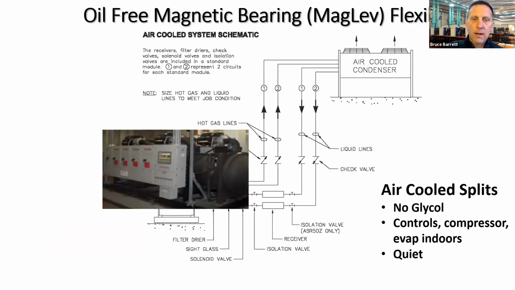Our controls, our compressors, our electrical is safe and sound inside. All those very critical components where it's much warmer than the Kansas City or Wisconsin winters. Refrigerant piping out to could be a dry condenser. Since I don't have oil, I don't have to worry about traps, angles, and much less about distance. We still have to size the pipe appropriately.